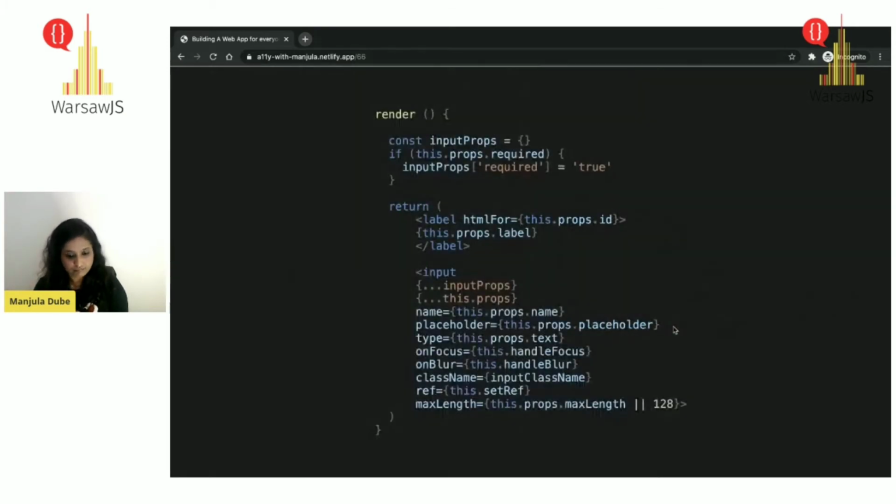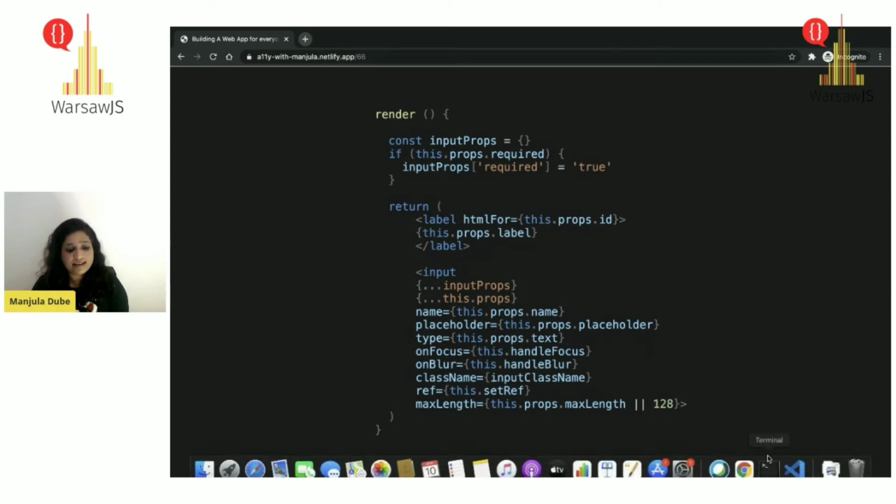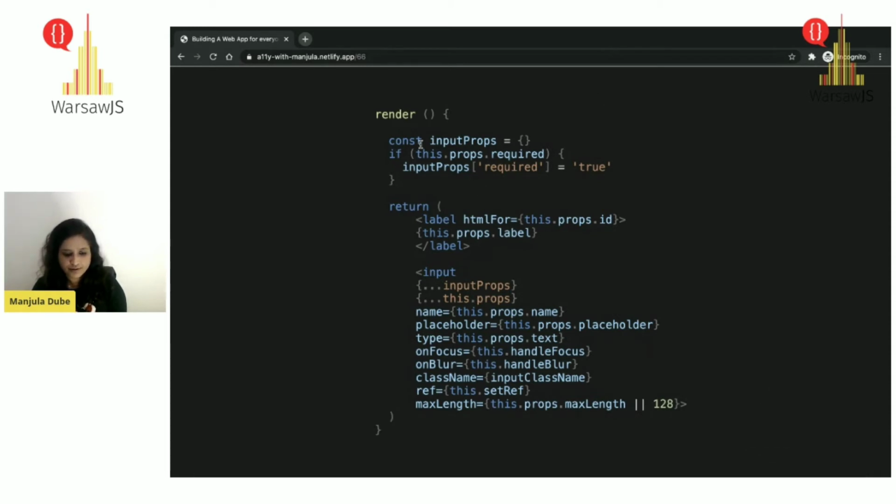In the render method, what you're rendering is your label and your input component. So input and label are always tied together. Even if your label is blank, it's fine. You can just keep it blank, but always tie it with your label and input component.